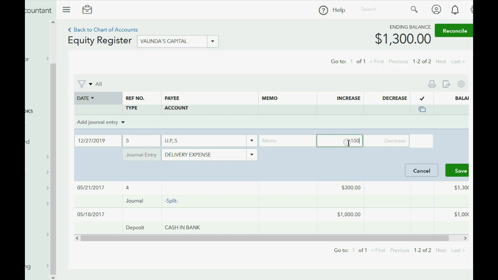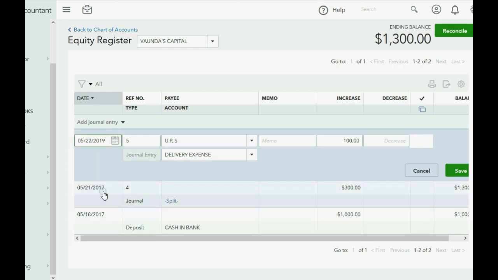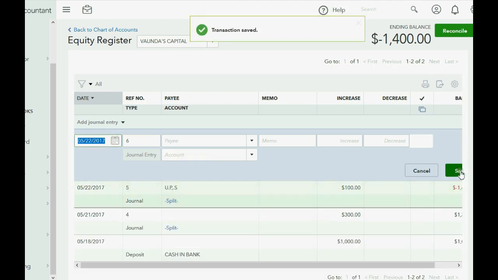Increase by $100. What does that mean? It means delivery expense will also increase. And don't forget to put the correct date, in this case, which is May 22nd, and click Save. Now we can look at the trial balance,